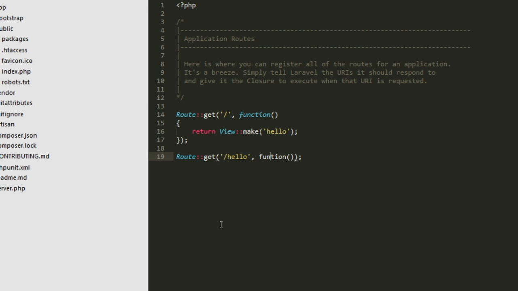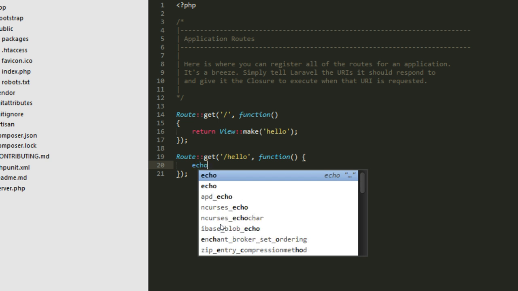add a function like that. And I always put my curly brackets at the end of the function there, whereas Laravel, apparently that's not allowed and they do it the other way. So I'm afraid, if you don't like that, then tough. That's the way I do it. It's just because I like to look at the bracket and then go straight up and find my first line. So, in here we're going to echo out